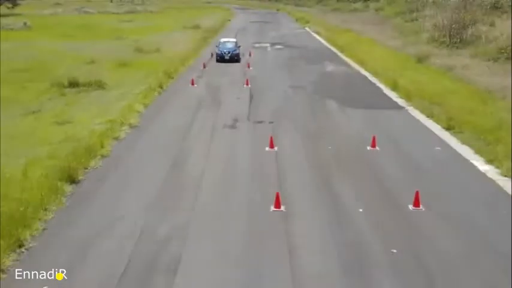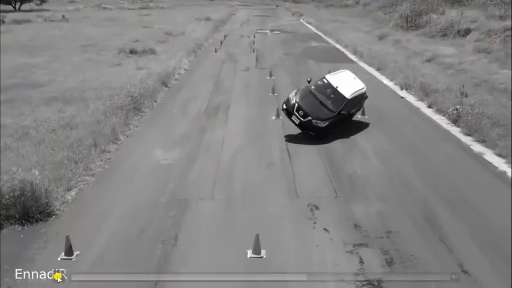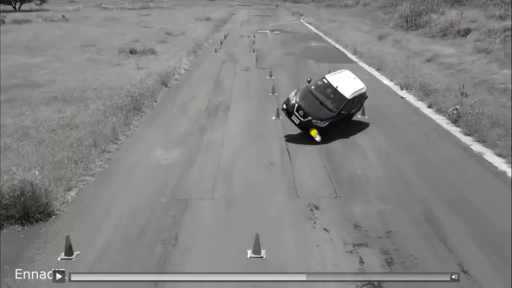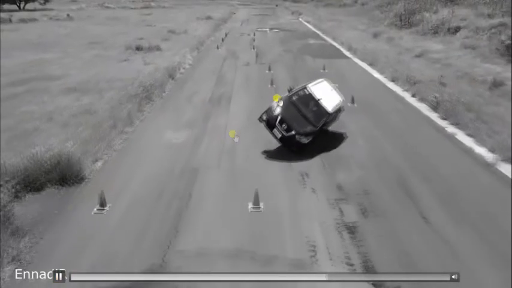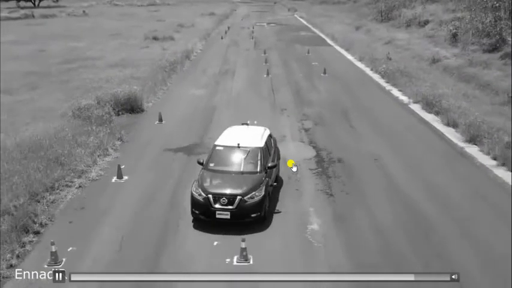And the extreme condition of using a softer suspension with high speed cornering is when a car takes a sharp turn, and you can see in this video that it's the inner wheel that, during the weight transfer, the weight is transferred so much that the inner wheel lifts up. The inner wheel lifts up and stays in the air, and sometimes it goes and topples. So that's the reason why you would want a harder suspension for better handling qualities.